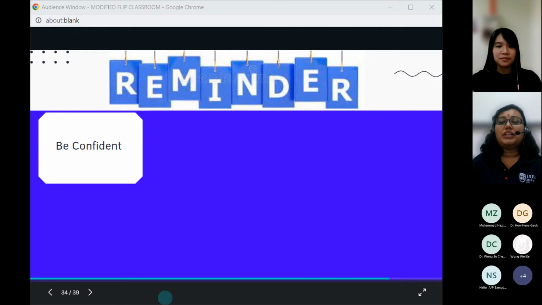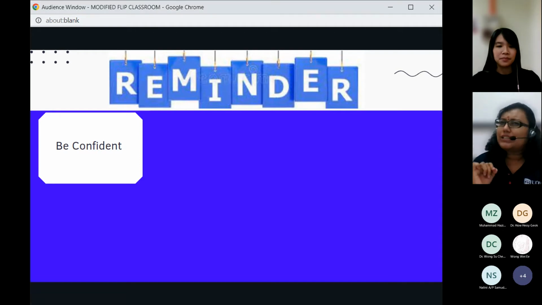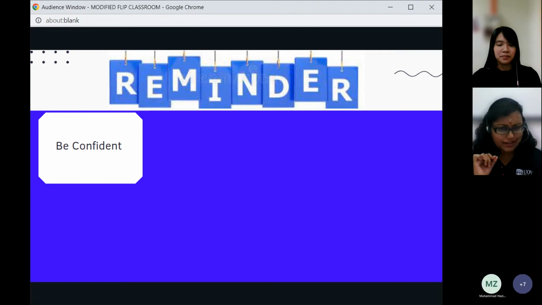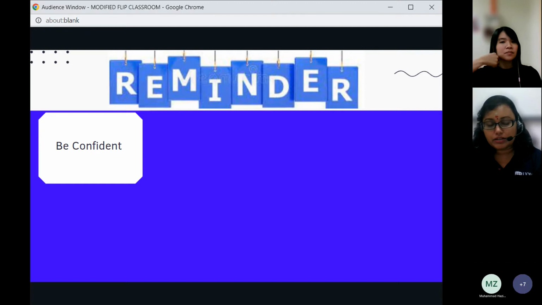In your preparation, even if you have a slight doubt, like, will this work or not? Is it doable? Of course, that's where reflection comes in place. You answer those questions, and then prepare it in a more confident manner.